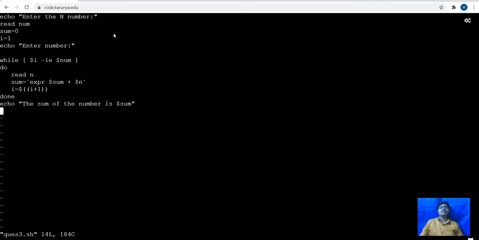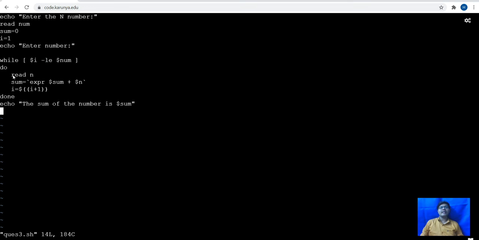Here echo enter the n number, means for taking the n numbers, it will ask the user to enter the number, for example 2, 3, etc. And sum will be 0, I is equal to 1. While the condition is hyphen le, it will check the condition against the number.